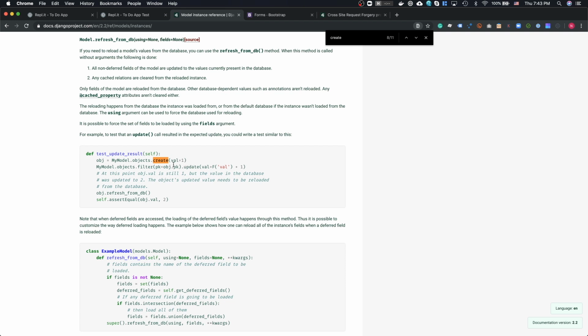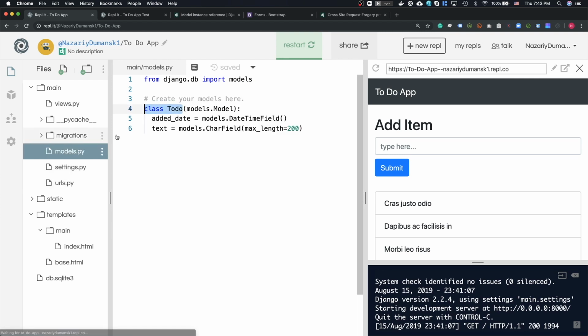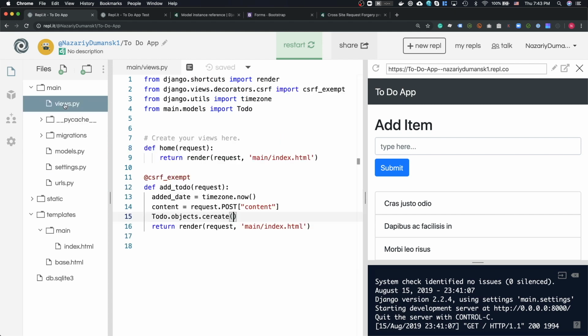So if we use this, my model object that create, for us it's going to be ToDo.objects.create. Now what are we inputting into here? Okay, we need to input a few things. If you look at our models, we have the edit date and we have a text. Okay, go back to views. The edit date